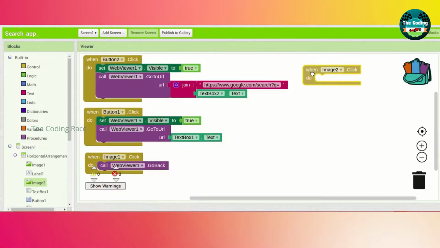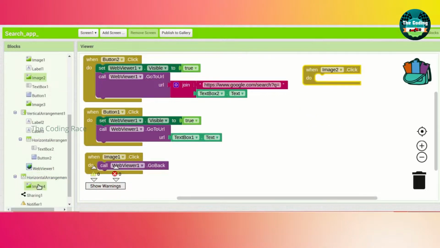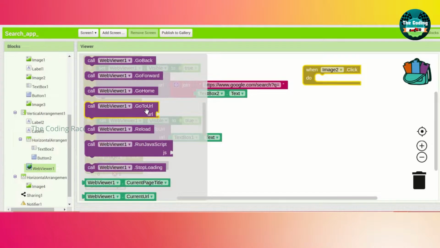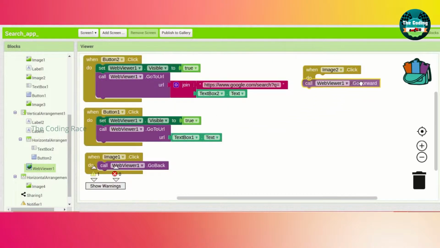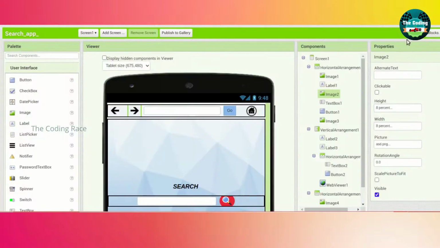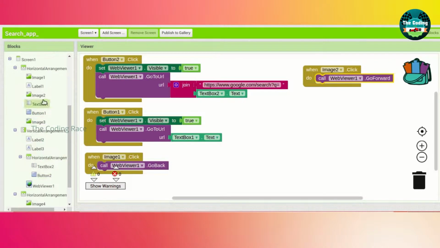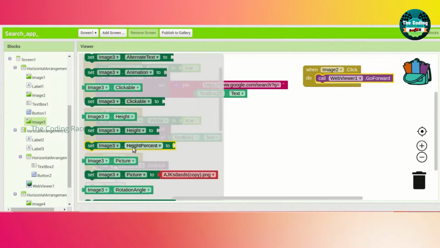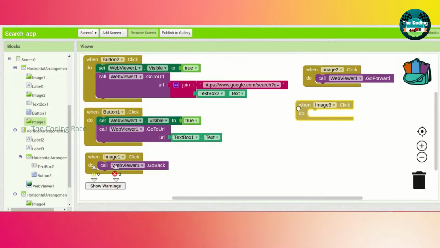So next we will code for image 2. Go to image 2. When image 2 dot click, go to web viewer and drag and drop this call web viewer dot go forward.